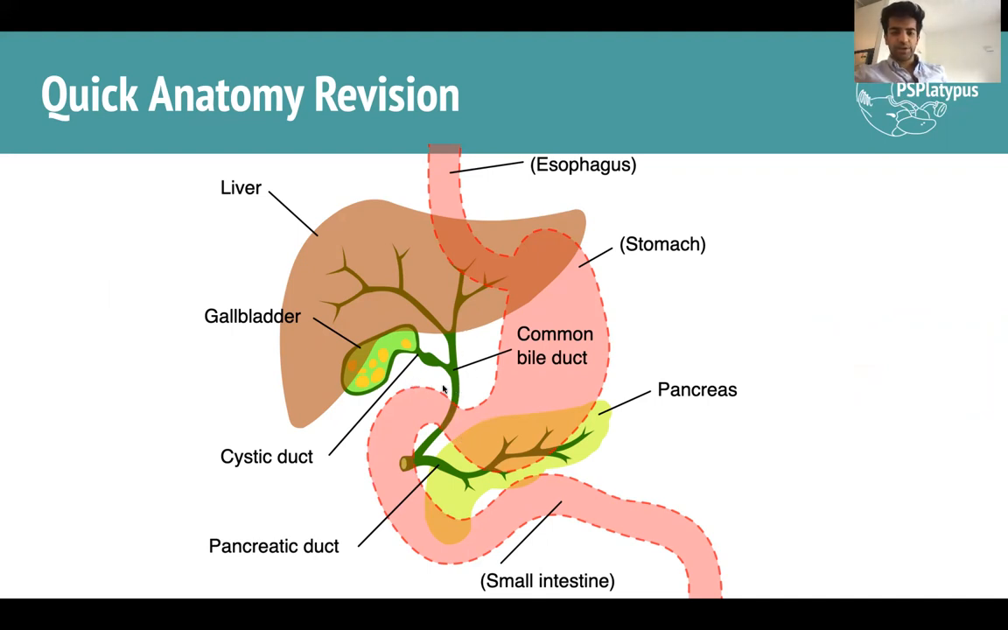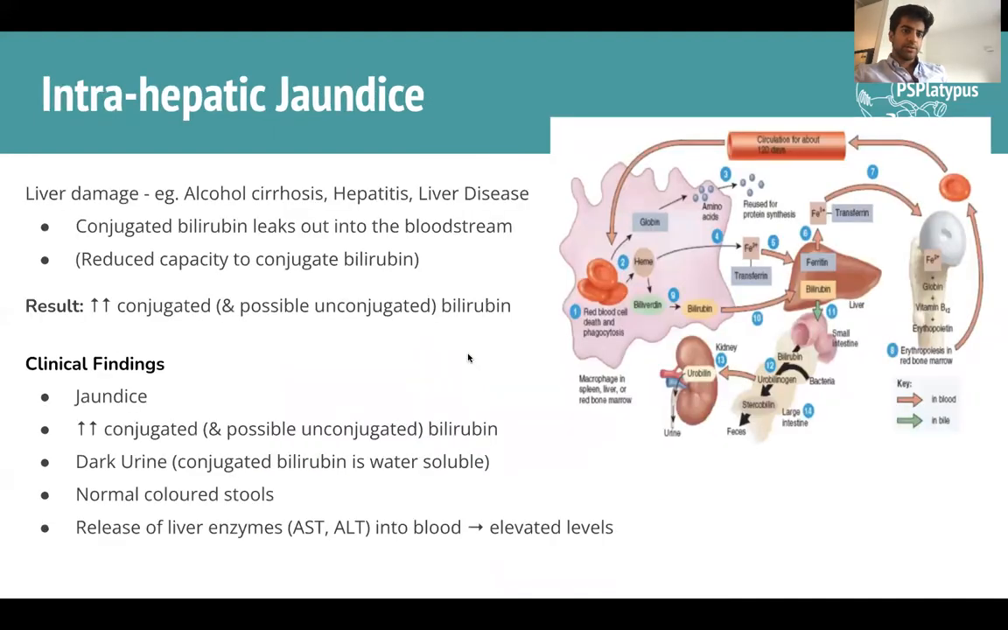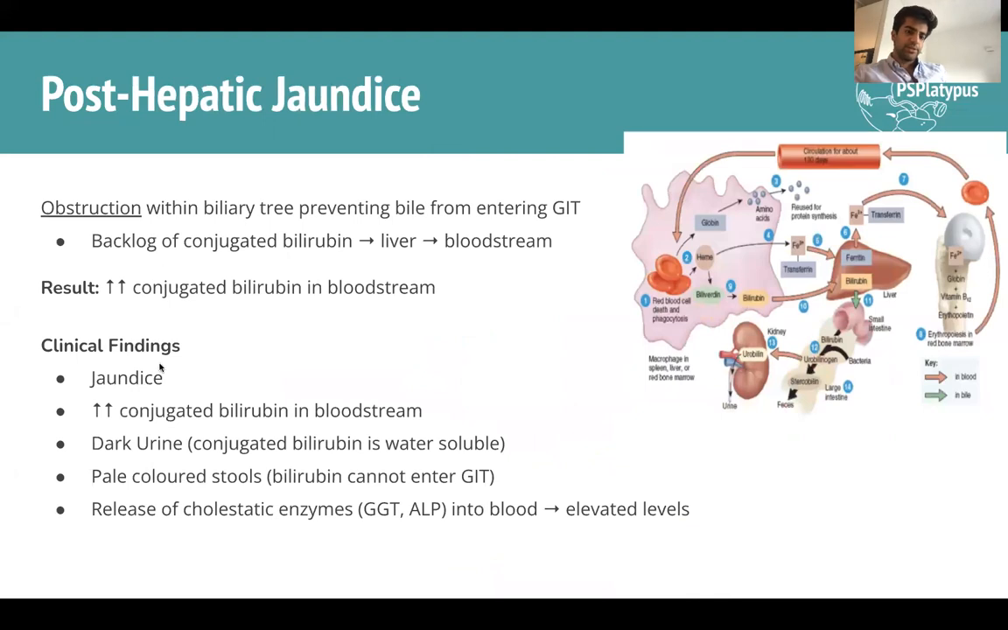So what can cause an obstruction here? Pretty much any pathology involving the bile duct, gallstones. Think of what's in close vicinity. So we've got the pancreas. So there's things like a head of pancreas tumor that can press on the bile duct and obstruct it. And that will result in post-hepatic jaundice. That backlog of the conjugated bilirubin will then go back into the liver, and it'll be released out into the